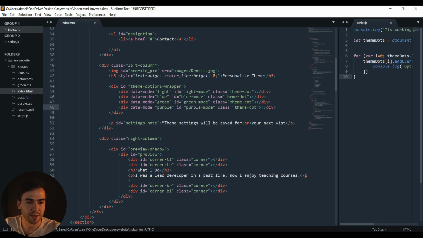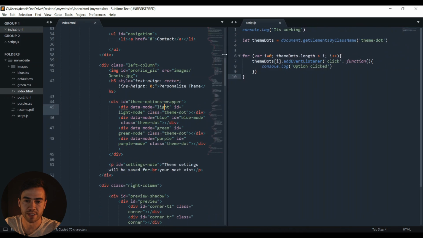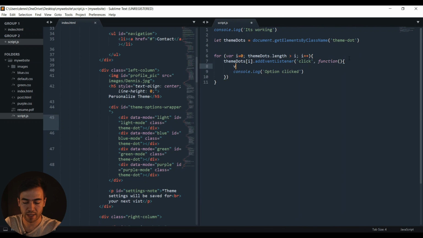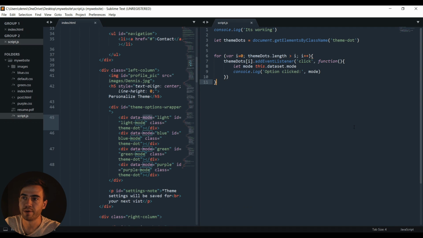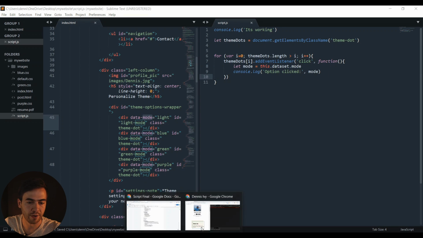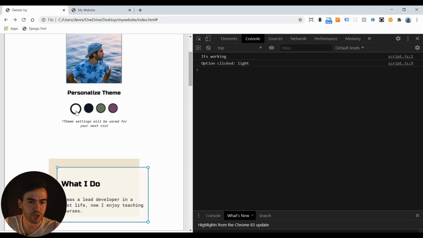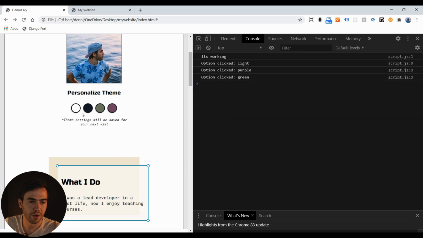Okay, now that we set this custom attribute, I want to actually query this out. In order to get that mode, let's create a variable here and call it mode. The variable will be this.dataset.mode. So we're going to take that attribute of mode and console that out, and then I want to throw that in here so I want to be able to see it. Let's test that one more time. This is not working. Let's see what's going on here. It looks like I need to add the equal sign there. Now if I refresh that, as we click on it, we know light mode was clicked, purple, green, blue, and